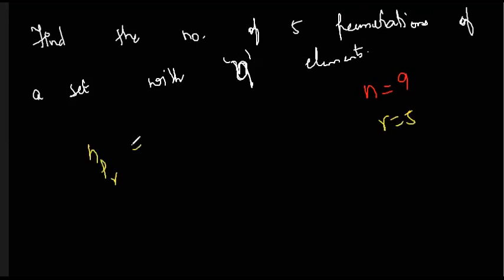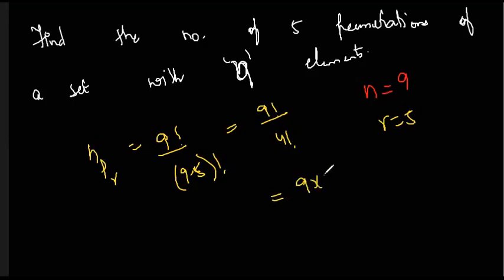Again, apply the formula nPr, which will be 9 factorial by 9 minus 5 factorial, which is equivalent to 9 factorial by 4 factorial. And it can be written as 9 into 8 into 7 into 6 into 5 into 4 factorial, that is 4 into 3 into 2 into 1, by 4 factorial. So it is written as